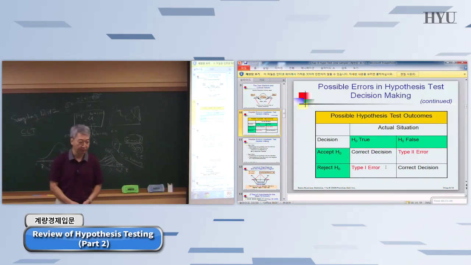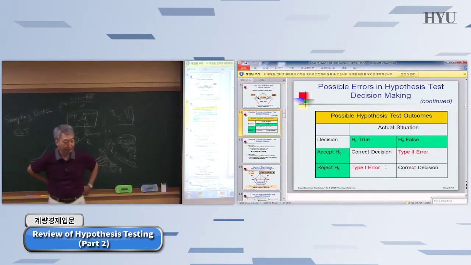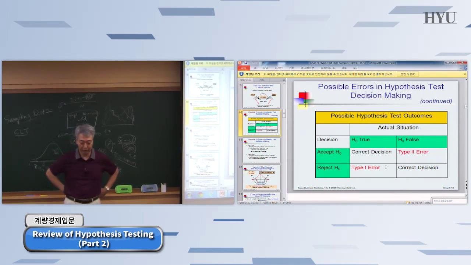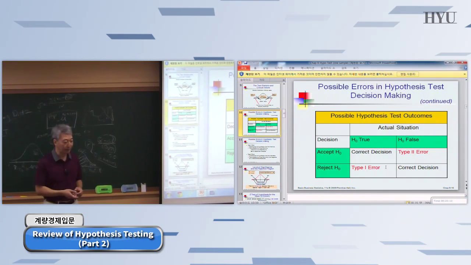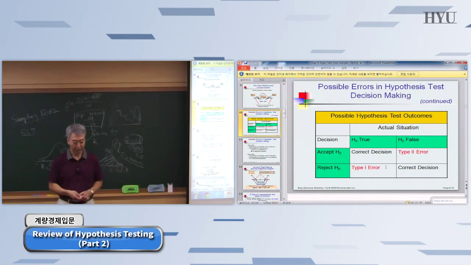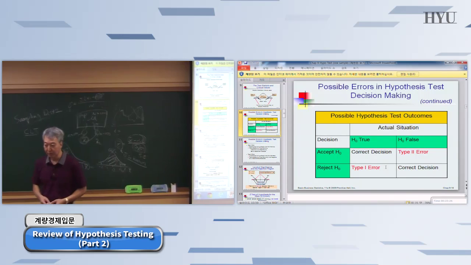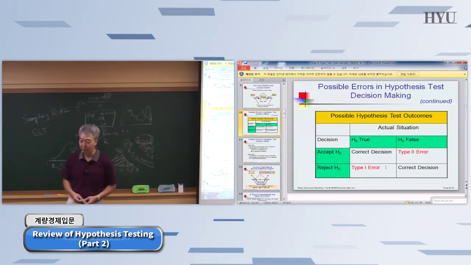It's the error of... go ahead. When you get a bad sample, you have a type 1 error, for example, in that case. Okay, right. But what I'm asking here is just based on this table, I'm asking the definition. It's the error of rejecting the null hypothesis when in fact, what? It is true, right? If you reject the null hypothesis when in fact it is true, that's type 1 error,